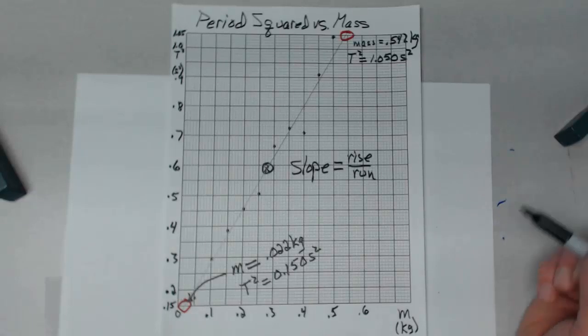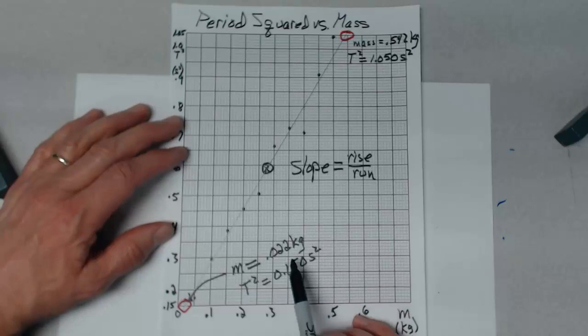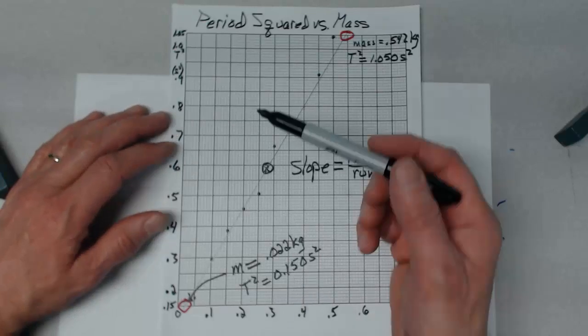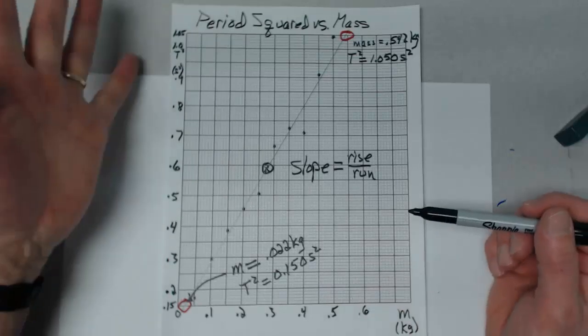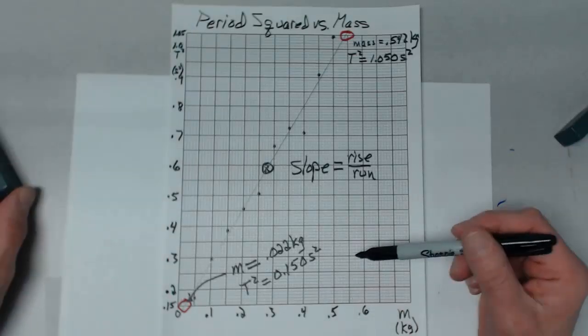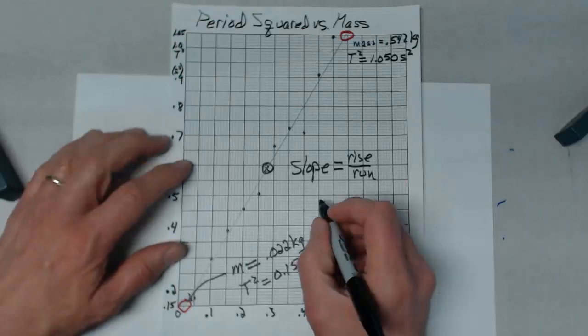By the way, notice when I recorded these 2 points, I had units with them. These data points and the line represent things that have units, and so make sure that you record the units with those. Alright, in this case,